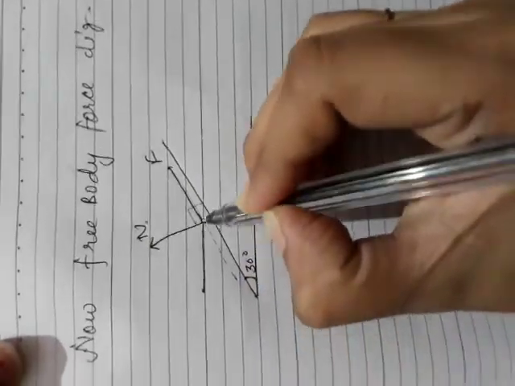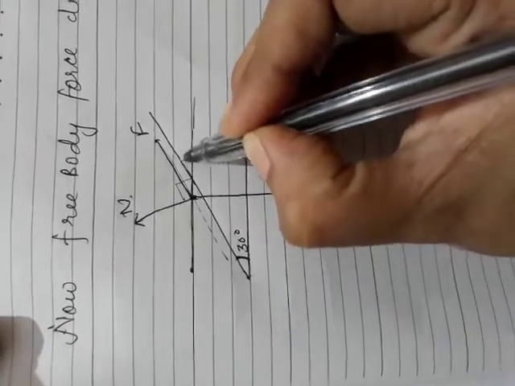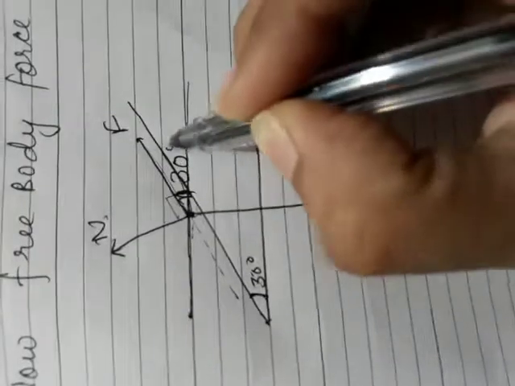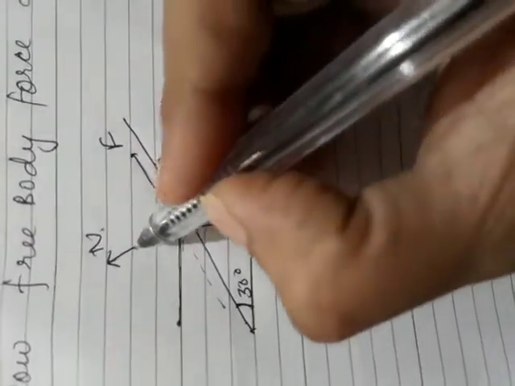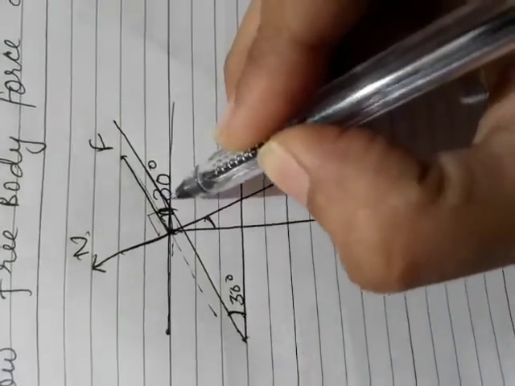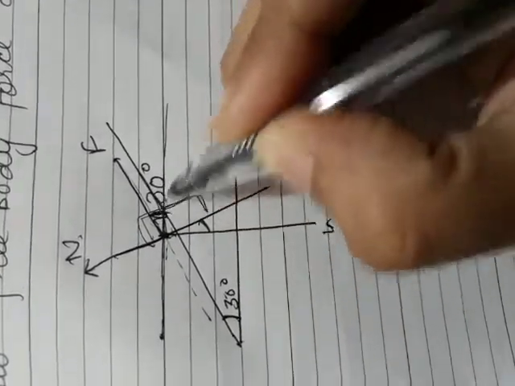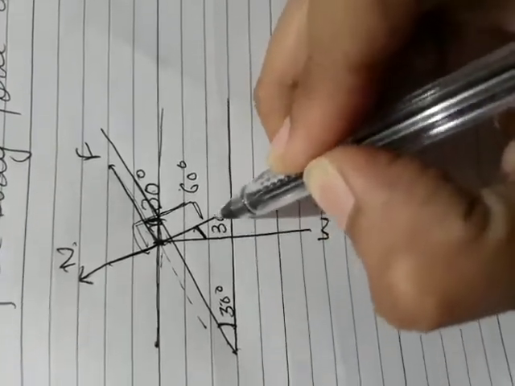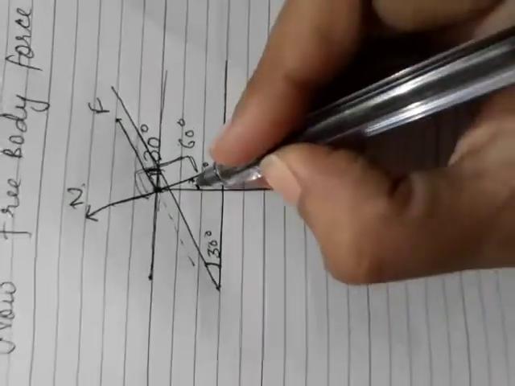Now see, do one thing. Draw this line. How much angle is this? Corresponding angles, this is 30 degrees. If this is 30 degrees, produce this N backward. How much will this be? This is 60 because this was 90. This was making an angle of 90 over here, this was 30, so how much is left over here? 60. And how much is left over here? 30. So if I redraw the diagram, this angle is how much? 30.